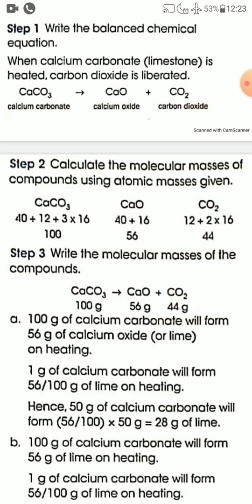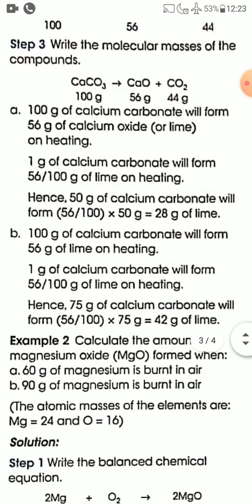CaCO3 arrow CaO plus CO2, and below CaCO3 write 100 gram, below CaO write 56 gram, and below CO2 write 44 gram. These are molecular mass of the compounds. Now from this balanced chemical equation, it is clear that